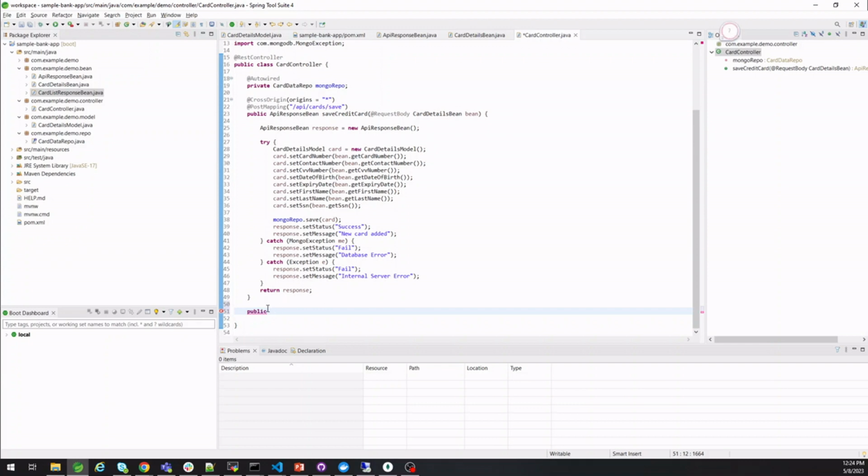Now the get API, and let's call it a get mapping. API cards list, and I'm going to pass the ID. The ID can be all. We will write the code here, but I'm basically handling two use cases here. If an administrator wants to pull all the cards, or if a user wants to pull the card by his user ID, right? And again, I'm adding the cross origin star,